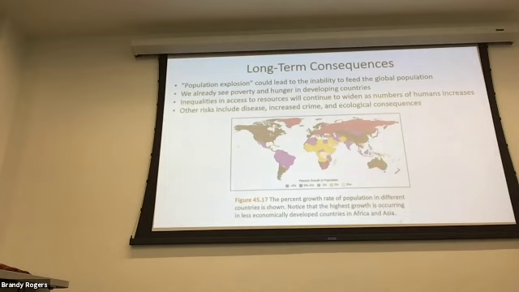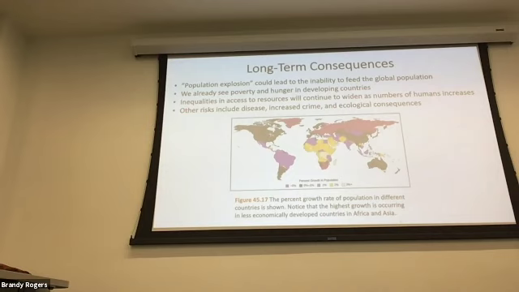So, long-term consequences. This is nothing that should be too terribly shocking for any of us, but a population explosion leads to the inability to feed the global population. So we have to think in terms of food production as well, right? We already see poverty and hunger in developing countries and developed countries if we're seriously taking a look at things. Inequalities in access to resources, which we already see on a daily basis, continue to widen as the number of humans increases. Because if you don't have access to resources like medicine or food or quality housing or sanitation,